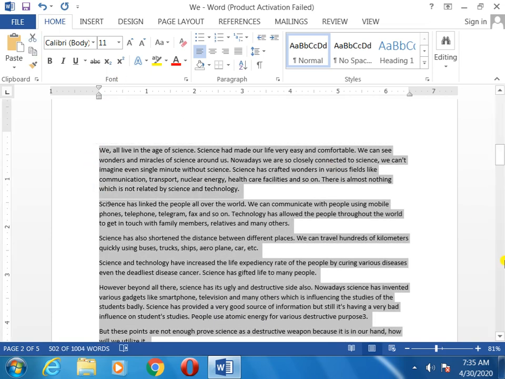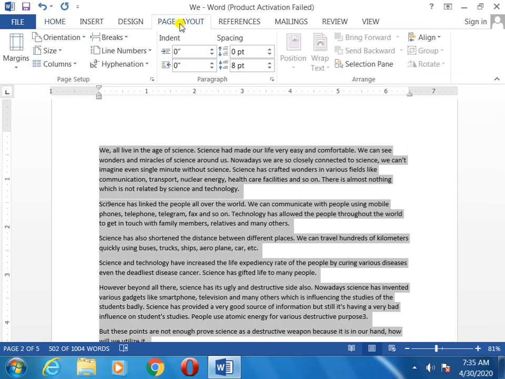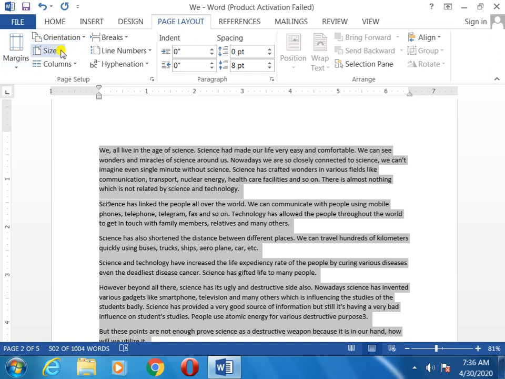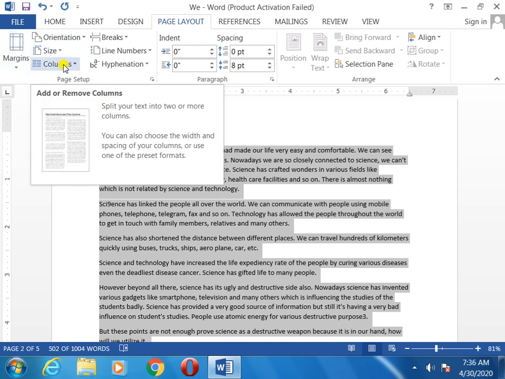Okay. Select everything. Then you will go to the Page Layout tab. Last day we did the Insert tab. Now today we are doing the Page Layout tab. Remember the Page Layout tab. Whenever you go to the Page Layout tab, the first is the Page Setup group. Today I will do this one. The Page Setup group has Margins, Orientation, Size, Columns. You can see the Columns option is there. Okay. I will show you the margins, orientation, and size afterwards, but first of all you see the columns.